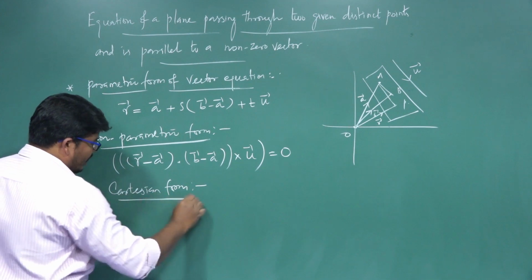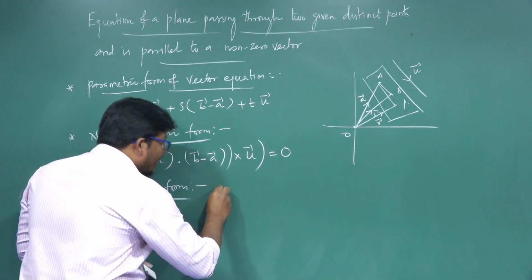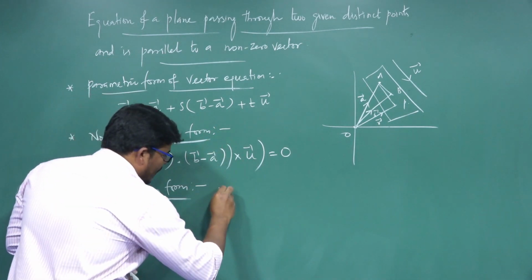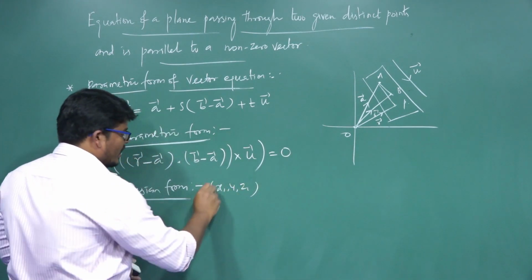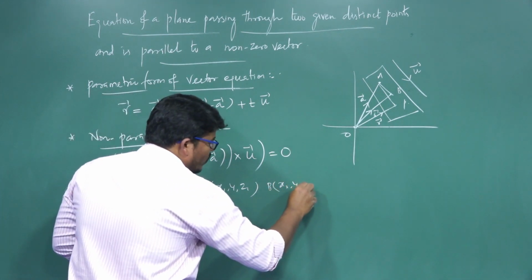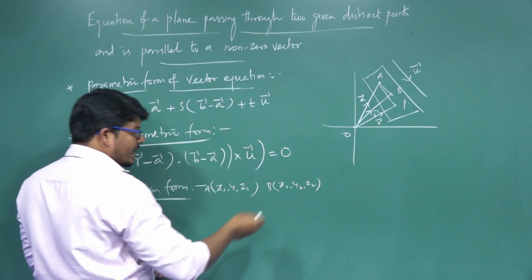Cartesian form of vector equation, given 2 points. The point A vector equals x1 i plus y1 j plus z1 k. Here A is (x1, y1, z1), one of the points, and another point is (x2, y2, z2), the second point, and the parallel vector is U vector, with components l, m,